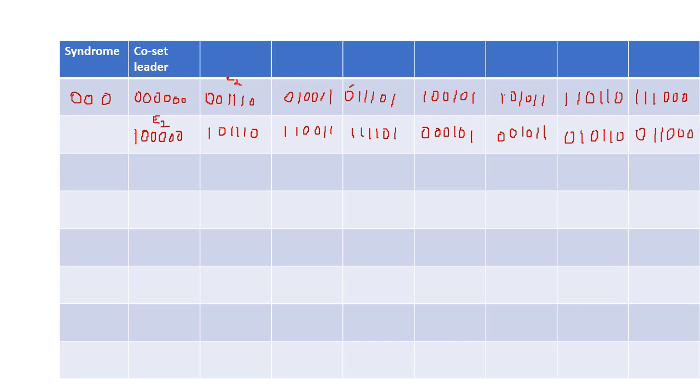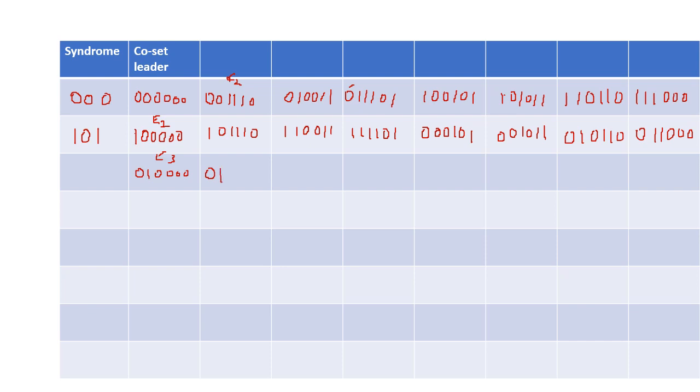Now to write the syndrome, we take the H matrix first element, that is the parity matrix P. So it is equal to 1 0 1 here. So next we'll write the error E3, and we'll assume that there is an error in the second bit. So we'll write the error pattern E3 as 0 1 0 0 0 0 and we'll XOR this with the respective C2 value here, then the C3 value. That is, we are going to XOR the second bit. So now when we XOR it, the second bit is 0 plus 1.